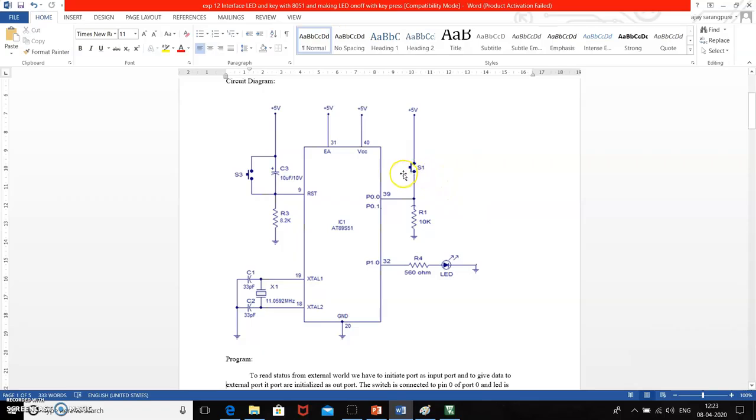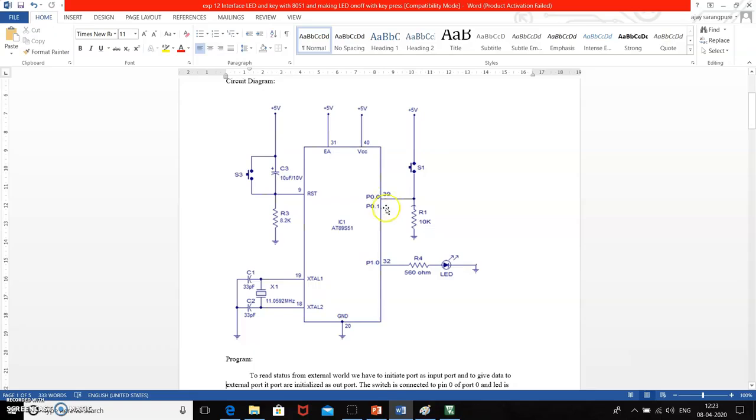Here the circuit diagram represents how a switch is connected to the microcontroller and how the LED is connected to the microcontroller. Let's check the overview of the working of this circuit. Whenever the switch is pressed, logic 1 will appear at pin 0 of port 0.